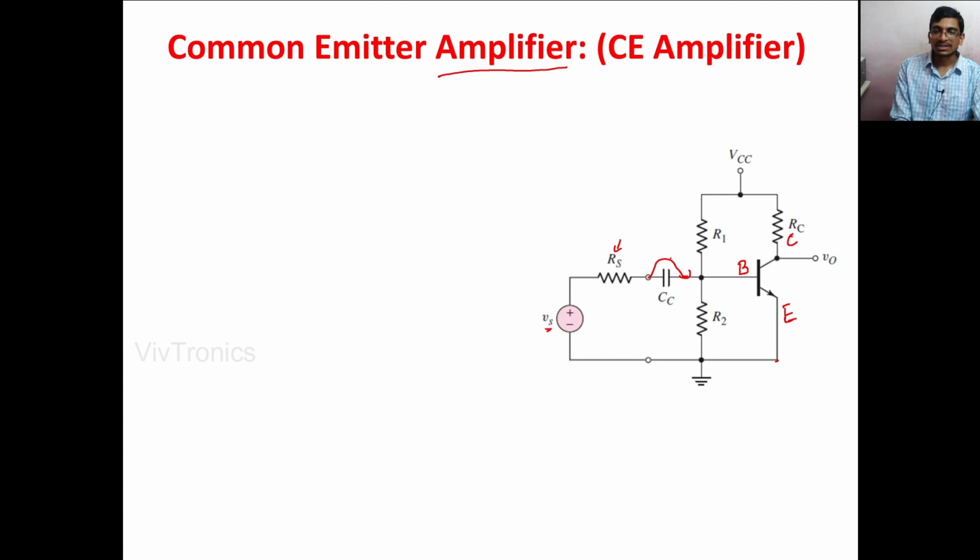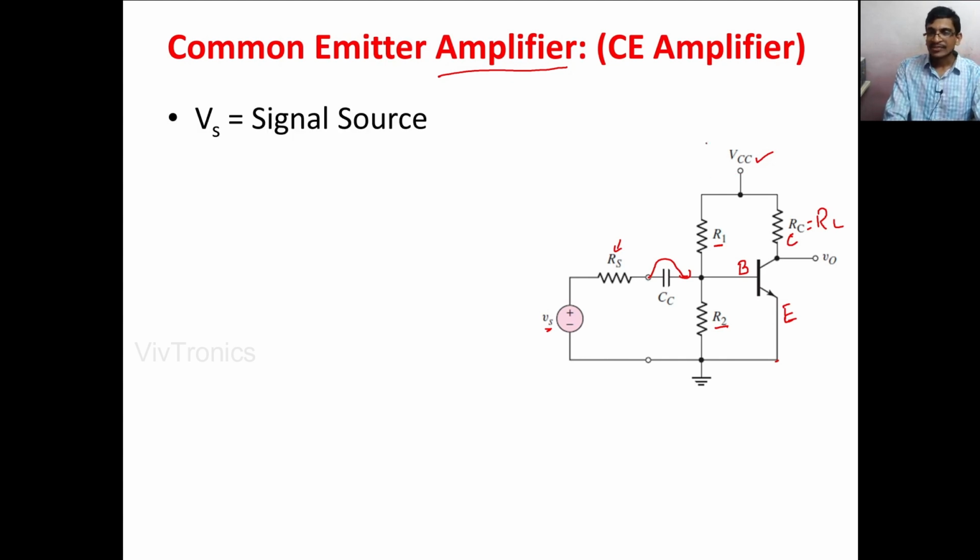the transistor. Here R1 and R2 form the self bias for that transistor amplifier circuit, which will keep the transistor in the active region. Here RC is the collector resistance, which is connected to the collector and may be treated as a load resistor RL. Here VCC is the DC supply voltage for this entire CE amplifier circuit.